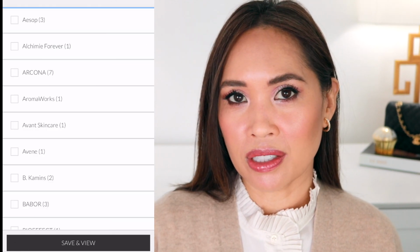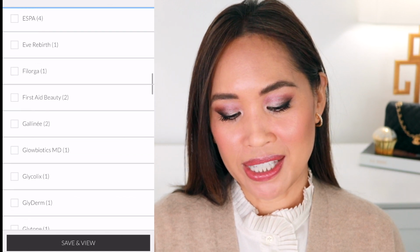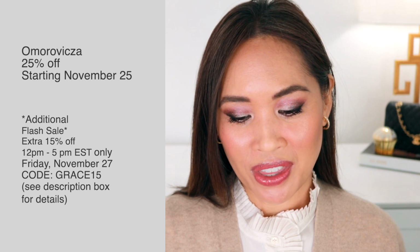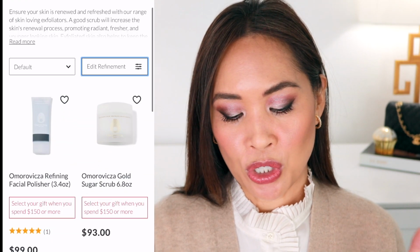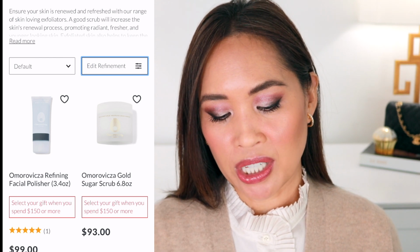I could have gone the brand route, but I thought I'd show you this way too. And let's scroll. It's Omorovicza. And Omorovicza is 25% off starting on November 25th, ending on December 2nd. There's two. You have the Omorovicza Gold Sugar Scrub and the Refining Face Polisher, and actually I had my eye on